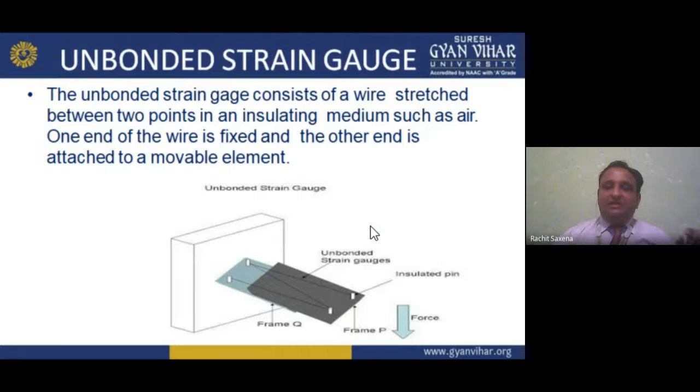Okay. Now unbonded. In the unbonded strain gauge it is very simple. We have the insulating path, which is formed with insulating material. So we have the wire. One is fixed, another one is moving. If I stress the wire, what will happen? The resistance will vary. So it is very easy to identify the resistance with the mechanical strain or stress. One is attached, another is attached to the movable element, that is the moving part.